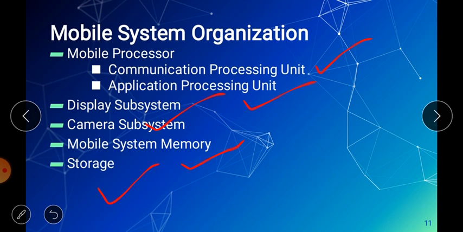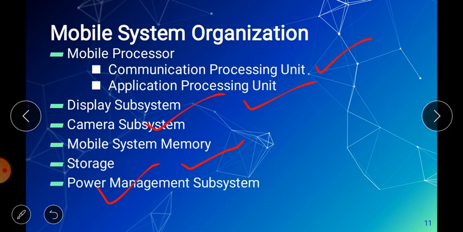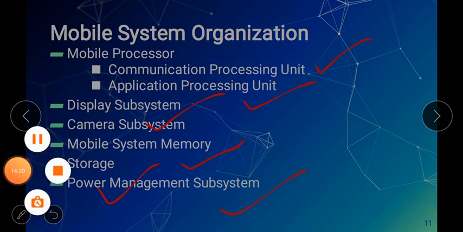So these are the altogether memory system organization. We are missing one thing, that is the battery of the mobile. So this is the power management subsystem. So these are the subsystems that you can accumulate with each other in order to design the memory system organization. There is no need to learn it, just close your eyes and think about the application that you are doing with your mobile system.